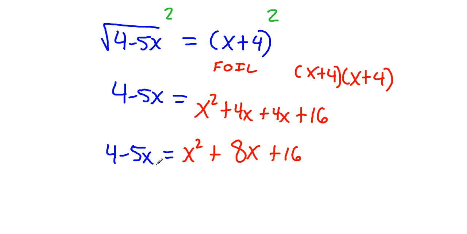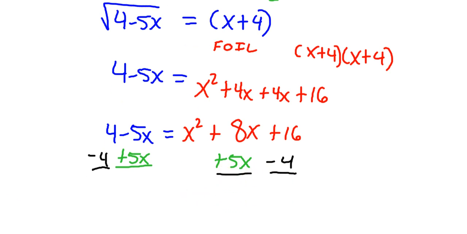And now it's kind of similar to last time. You've got the x squared term here that you want to keep positive, so you'll get rid of the 4 and the 5x. We can add 5x to both sides, and you can also get rid of this 4 by subtracting 4 on both sides. So moving everything to the right-hand side where you've got the x squared, you've got x squared plus 13x plus